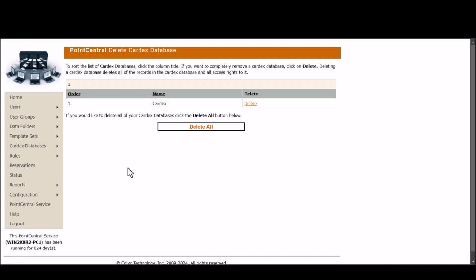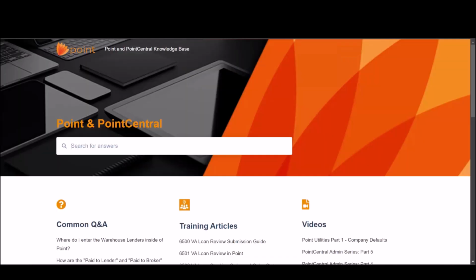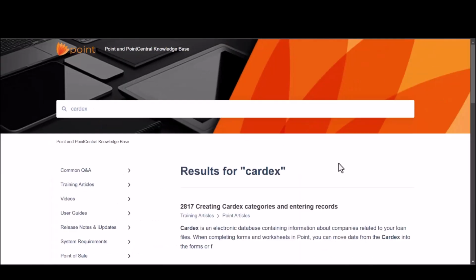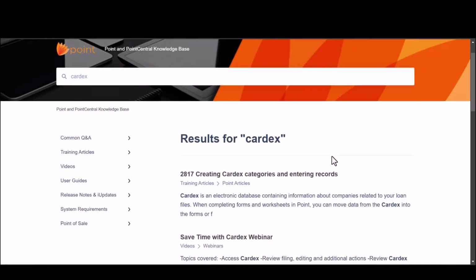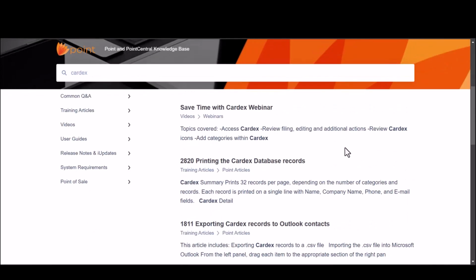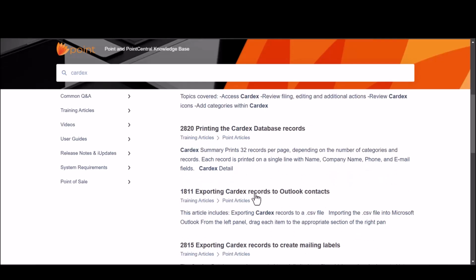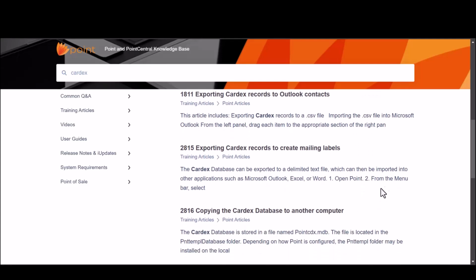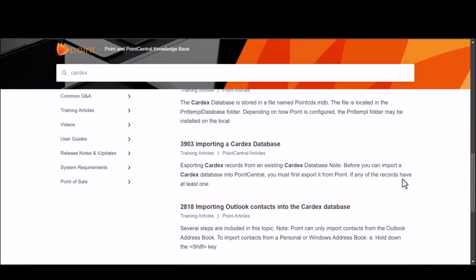website, you can simply visit our calixsoftware.com website. And in our PointCentral knowledge base article section, you can just type in the word Cardex. And once I hit enter, this will give you all of the KB articles and videos Cardex related. So we've got printing out Cardex database, exporting Cardex database records out of Outlook, exporting Cardex records and creating mailing labels, copying Cardex, importing Cardex, and so forth and so on. So again, this will help you with anything that you need to do with your Cardex database and your PointCentral